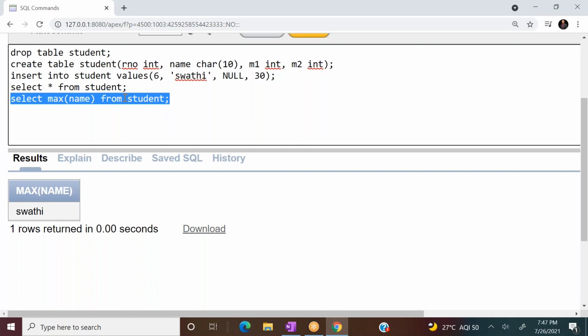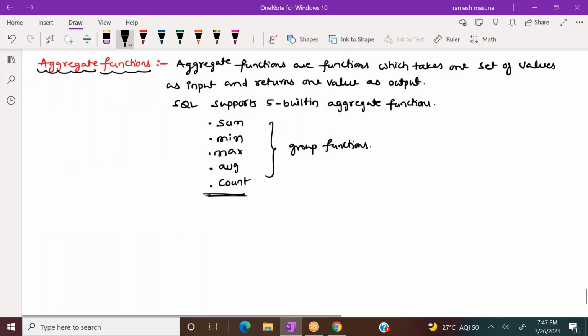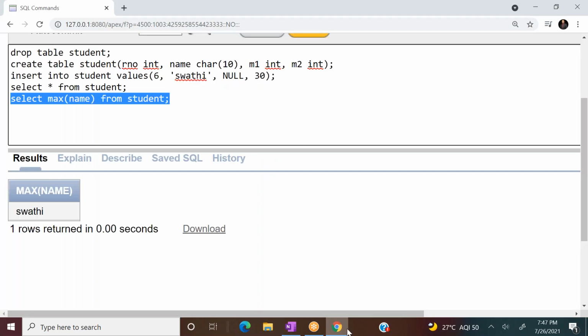Here I wanted to give one point. Min and max will be used with integer type data and also with character type of data. But if I write sum of name, can you tell me, is the sum of name valid? Is it valid? It is invalid. Why? Because